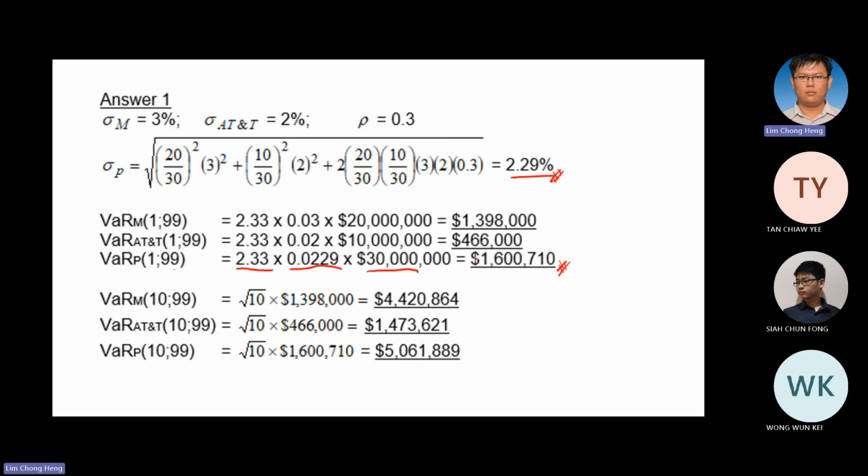VaR out. You just multiply with the square root, get the answer. Simple. Okay. Very simple. Normally, I show you an easier question. Now, question 2 is your show time. You make the mistake.